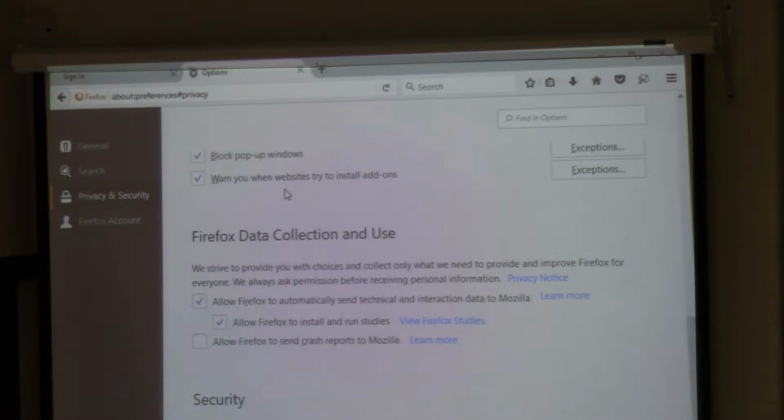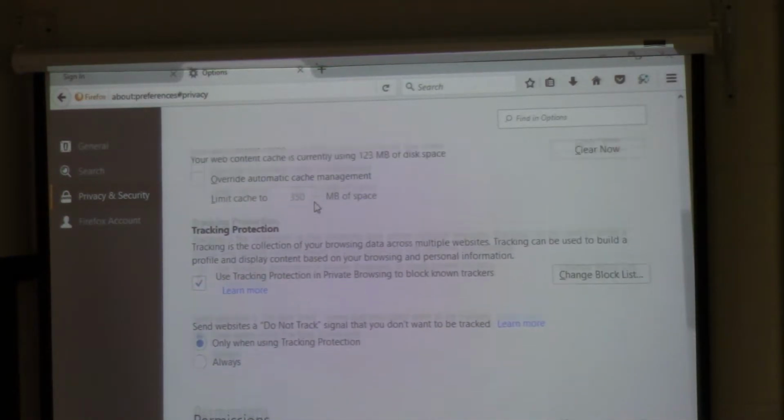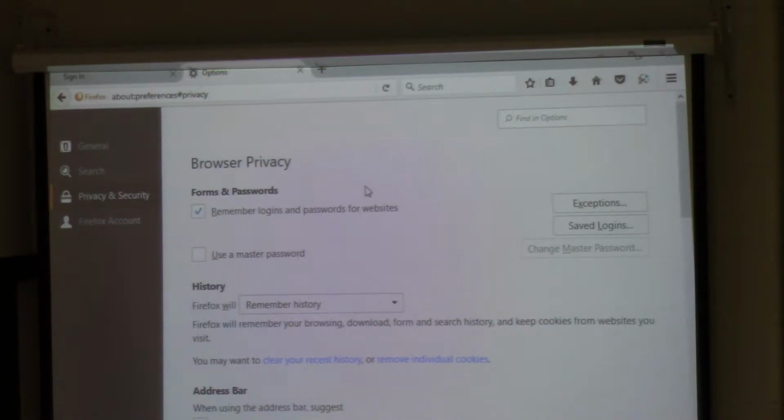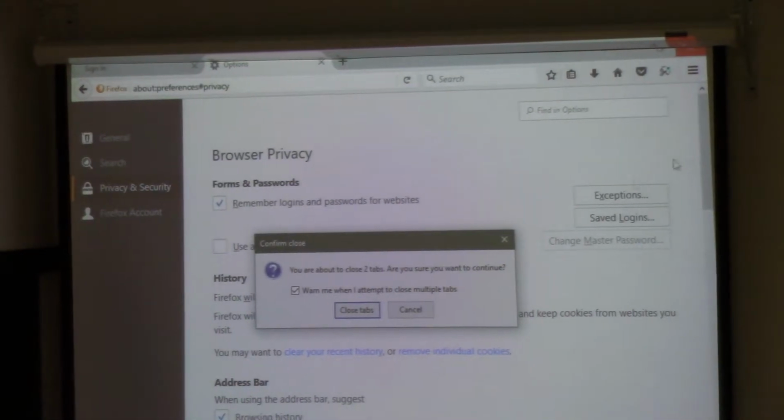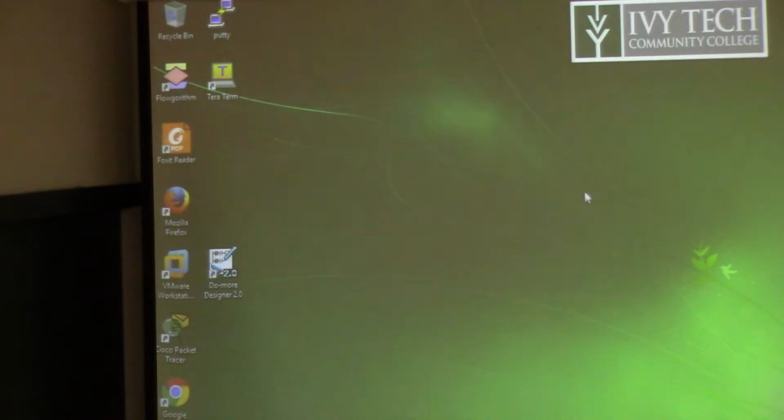Each one of these will look a little different and have slightly different options, but most of them will have some type of filtering happening on the network to keep out malicious sites, and also blocking pop-ups, so adware is not having its way on your machine, and then for forms and passwords, how you want those to be stored. It's less secure to store your passwords in the browser, so that's something you may want to consider when you're setting your policies,